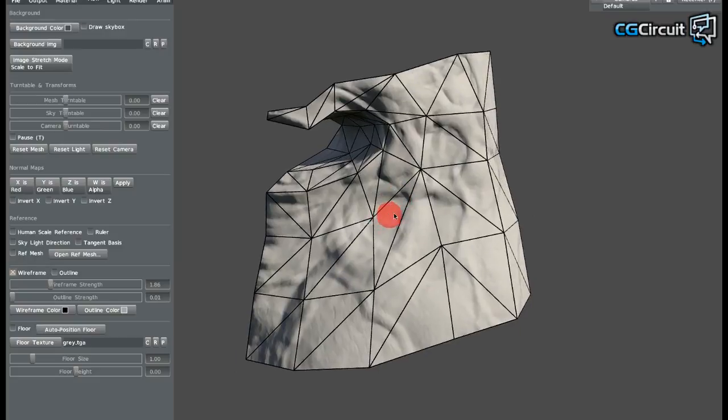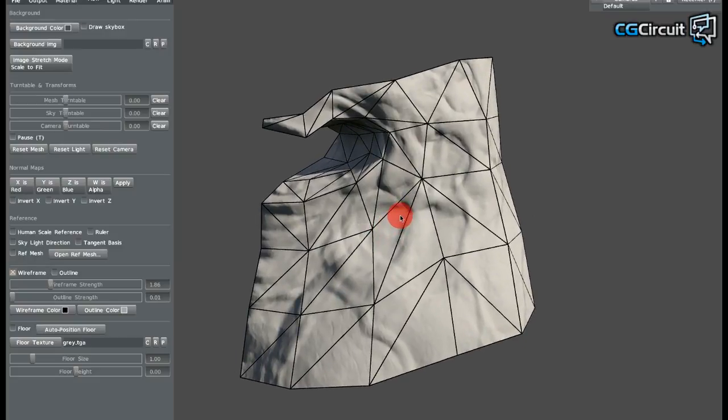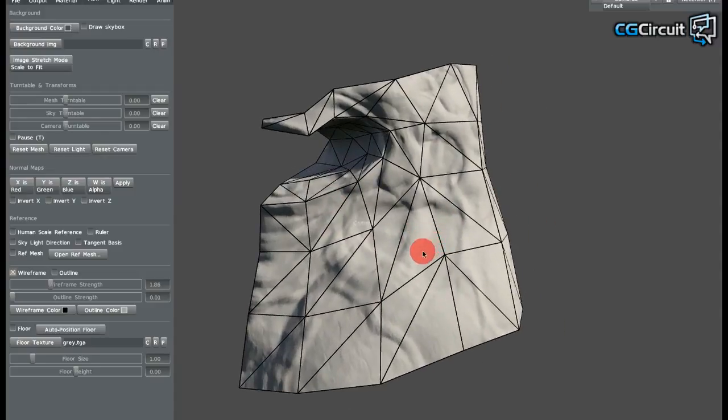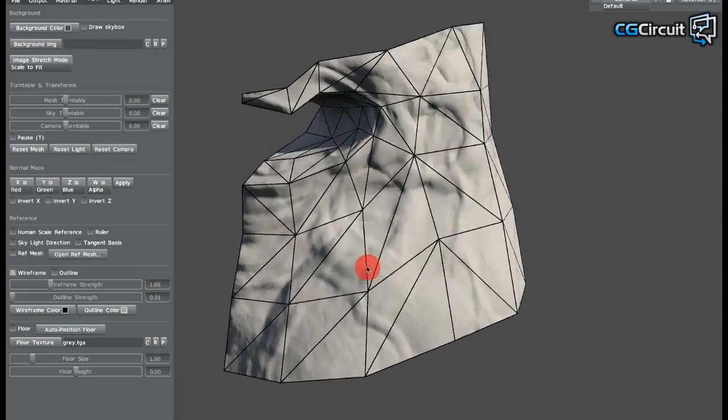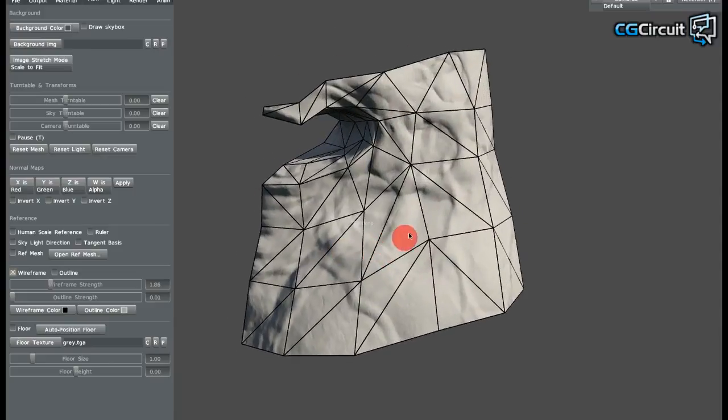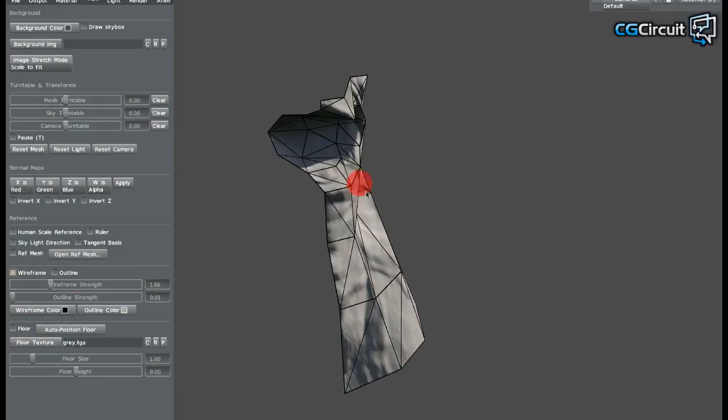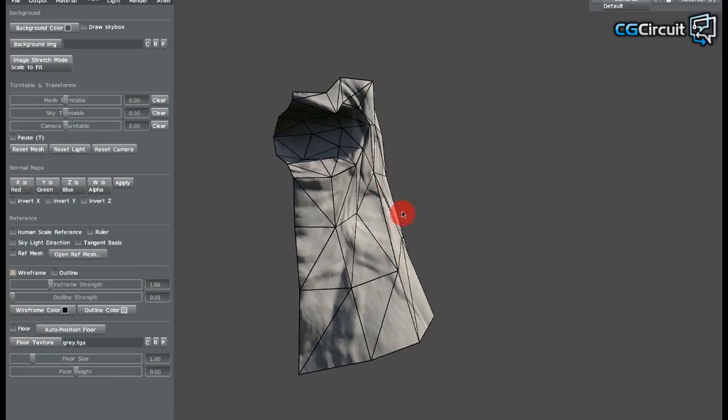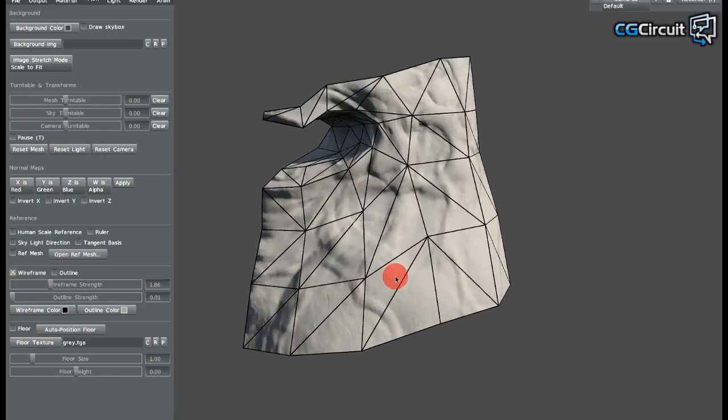For whatever reasons, each application has its own, I guess, some kind of algorithm on how it decides to triangulate things, and it's not going to be consistent. So in order for things to show up the way you want it to, not just from a low polygon silhouette point of view, but also how your normal map will bake, because